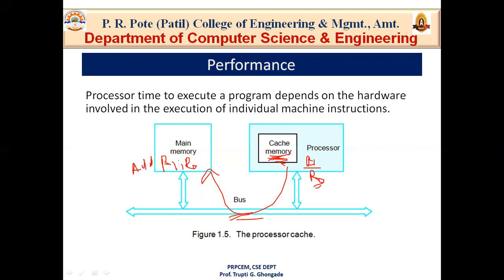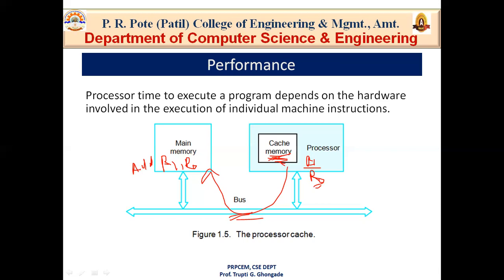So first to fetch the instruction from main memory, then to fetch the data from main memory, then the involvement of the memory address register, memory data register, data bus, address bus. Apart from all these steps, the processor can directly get the data from cache memory. So cache memory is used to hold frequently used data and to reduce the access time, and it is one of the fastest memories. So a program will be executed faster if the movement of instructions and data between main memory and processor is minimized, which is achieved by using the cache memory.